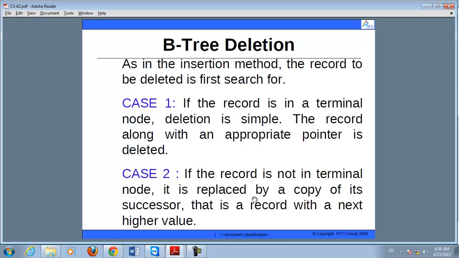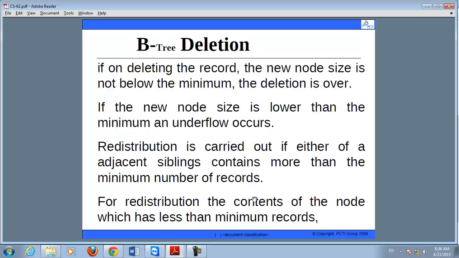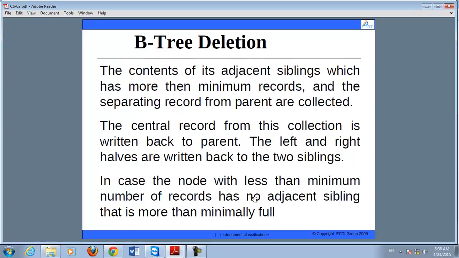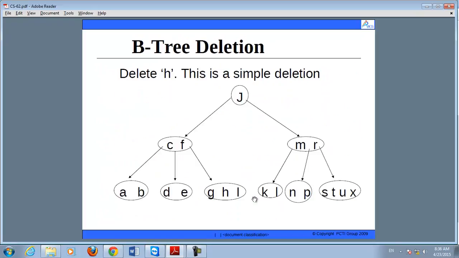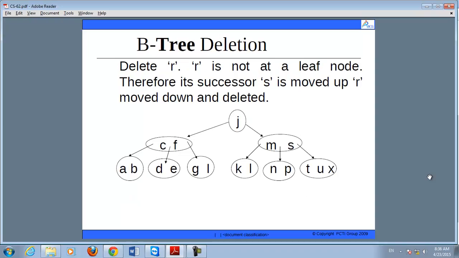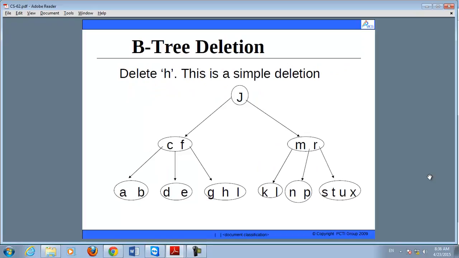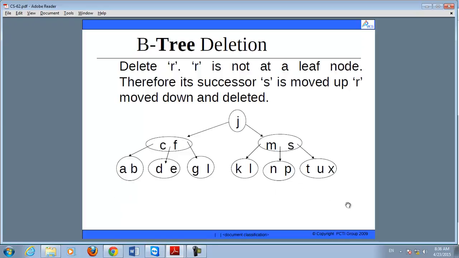Means whichever higher value there is, you will replace it in its place. This is the B tree deletion. You can see here, if you want to delete H, then it is simple. After the H is deleted, here the H is present, and if you want to delete this H, then the value will be G and L. And if you want to delete R, R is not at the leaf node.